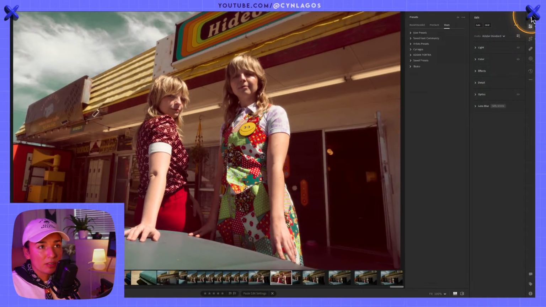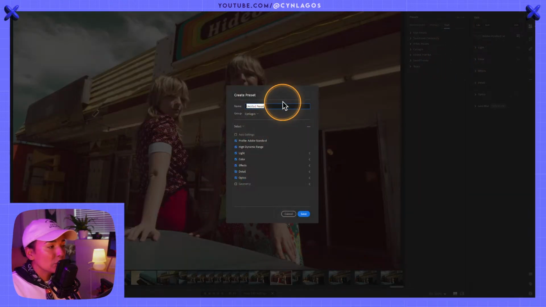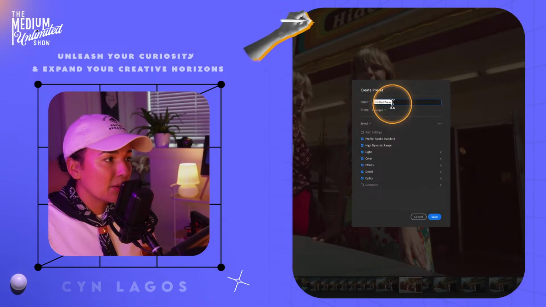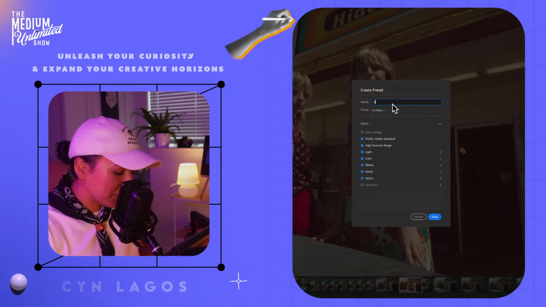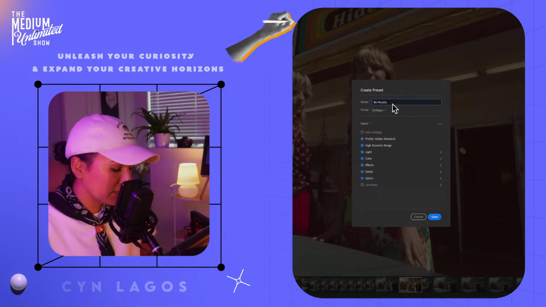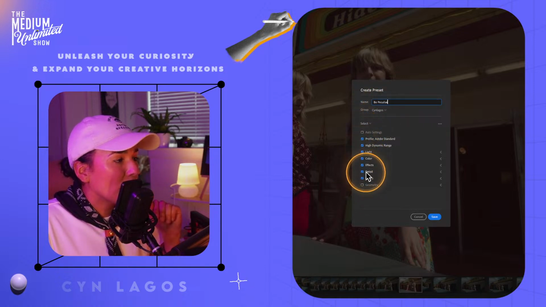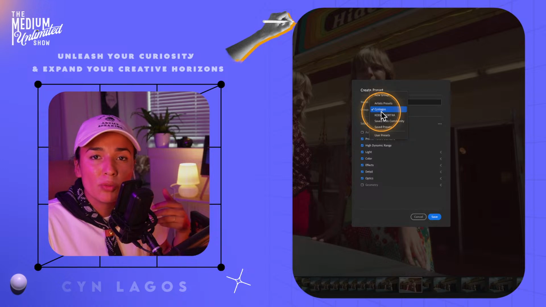All right, so up here, yes, up here, we've got this little plus sign in our preset dialog. And in here, we're going to go into this dialog box that shows us all of the different properties that we've changed so far. Okay. So that's looking good so far. Let's name it something interesting. Let's name it Be Peculiar. Peculiar. Perfect. Okay, so all my settings are there, and we're going to save it into my folder, which I